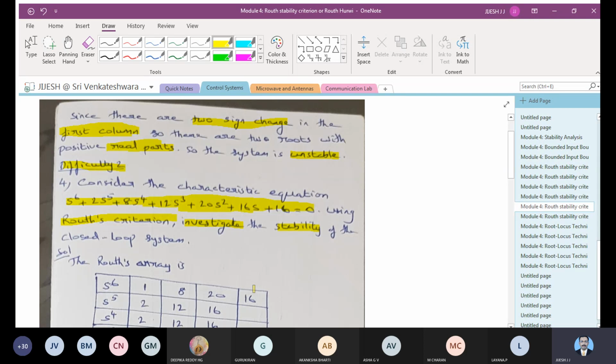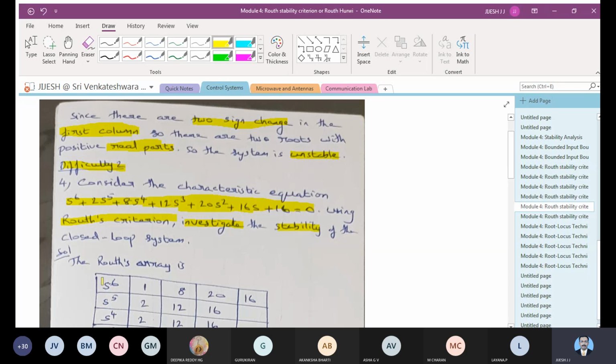We will explain it. This is the problem where you will get the entire row to be 0. You will see that once you keep on solving as normal, the entire row goes to 0. In the previous case, only one element of the first column went to 0. But here the entire row will be 0 and you will not be able to continue further, so you have to use this method. That is called the difficulty 2 method for Routh's criteria, the Routh-Hurwitz criteria.